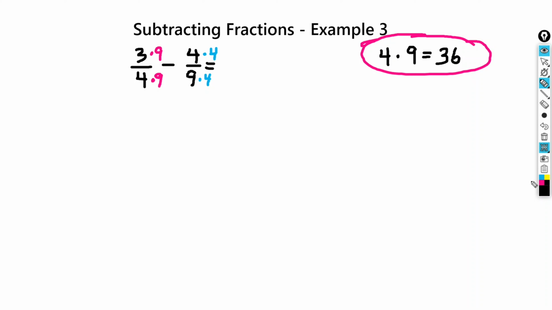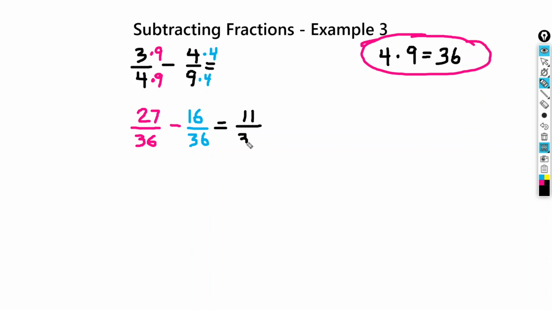Okay, so if I do that out, I get 3 times 9, which is 27, over 4 times 9, which is 36. And then we're going to subtract 4 times 4, which is 16, over 9 times 4, which is 36. And that's going to give me 27 minus 16 is going to be 11